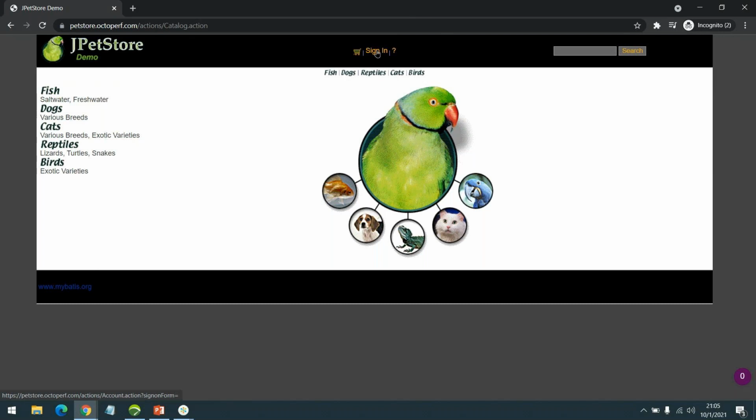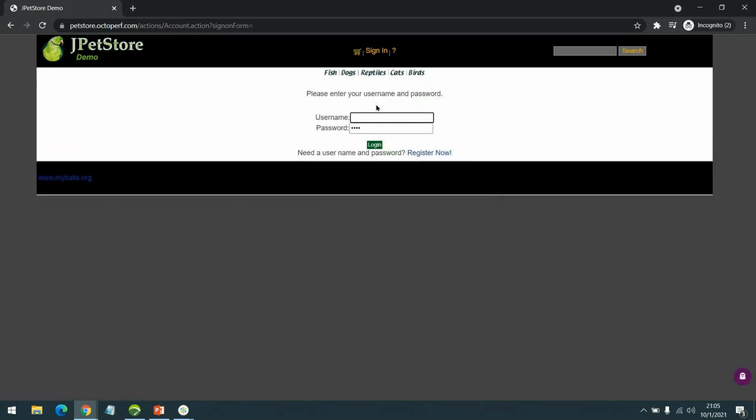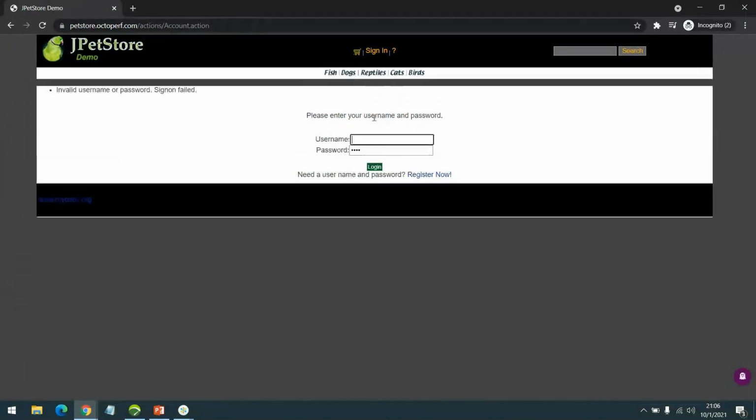As I mentioned, for authenticated workflows we will have a sign in or some kind of transaction being passed. So let's check. I try to log in with the username and password. It seems it is not working. Probably the registration got expired. So let me go ahead and register a new user.